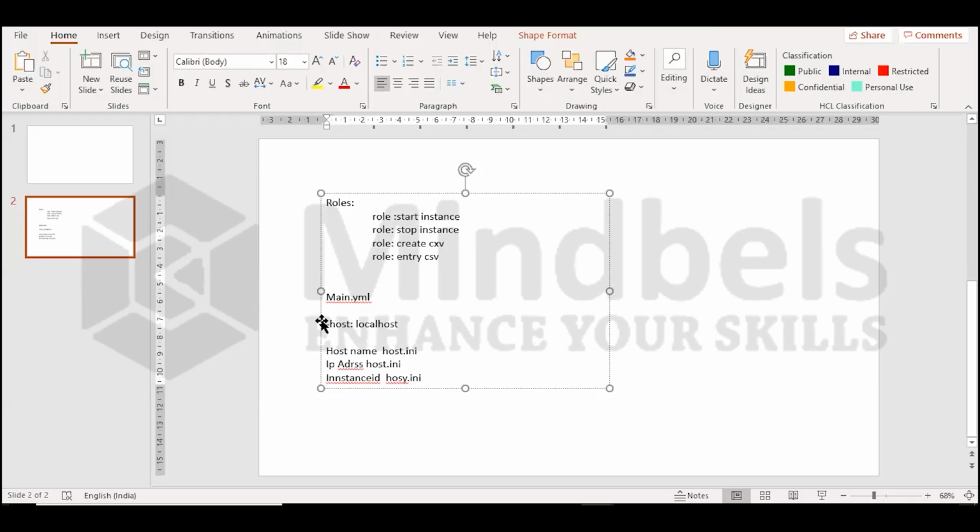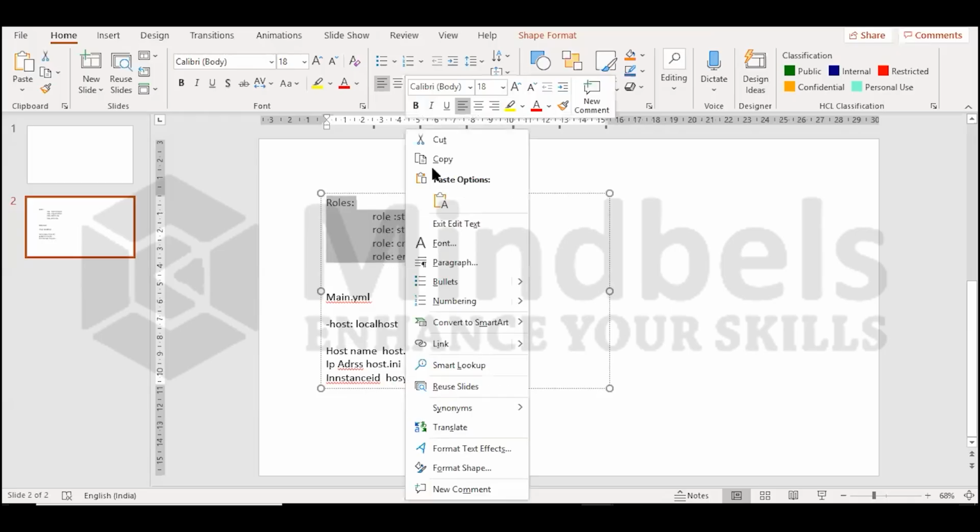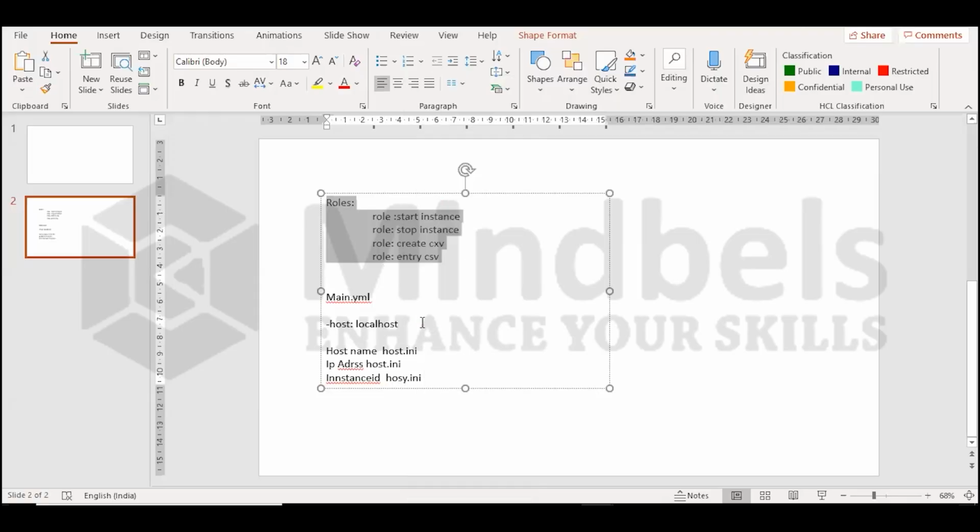main.yaml, what will it do? It will go and search for host.ini. So depending on what activity I require, I'm taking a general scenario example this way. Now after that, I have defined these roles. I have defined the host and then